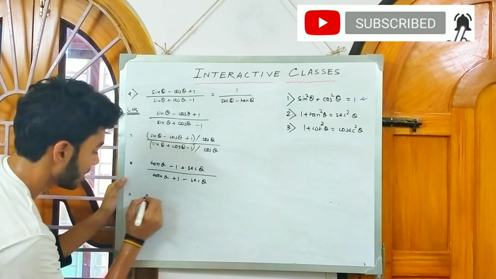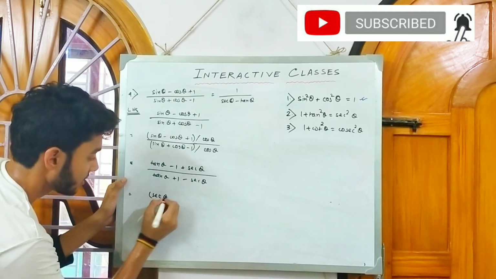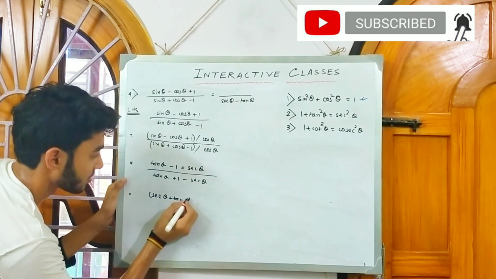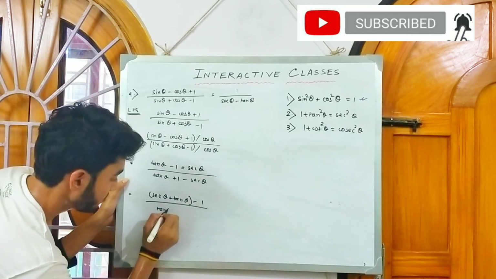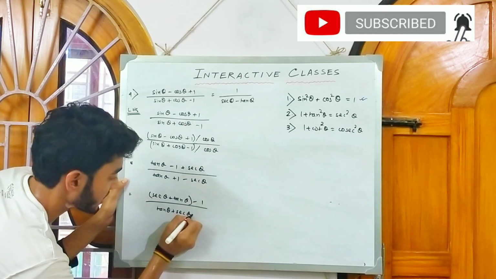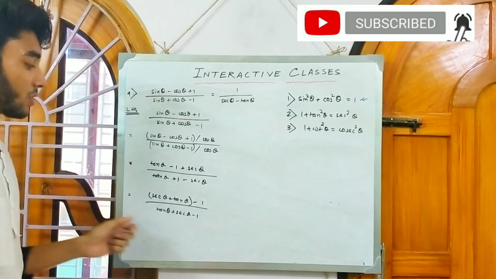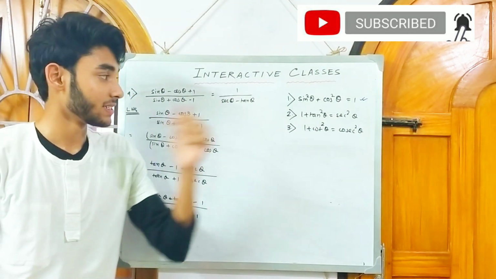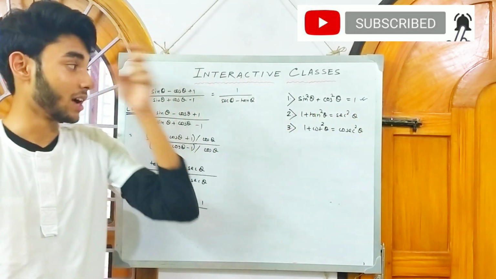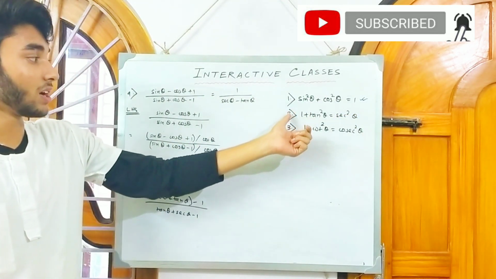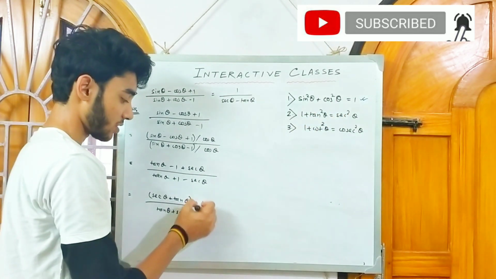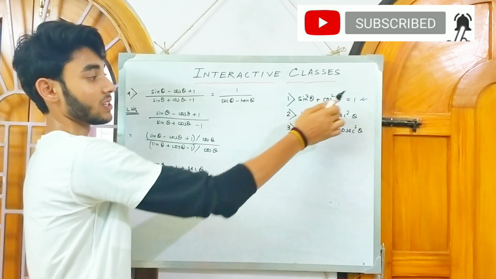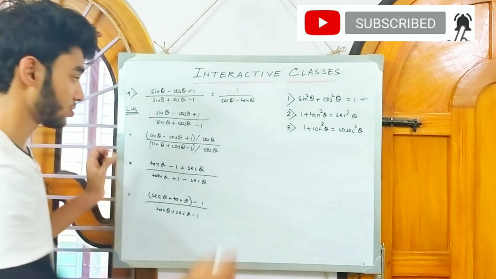Now let us write it as (tan theta plus sec theta minus 1) by (tan theta plus sec theta minus 1) separated appropriately. Now this 1 can be written as sec square theta minus tan square theta. How? In the formula it is given 1 plus tan square theta equals sec square theta. Now this 1 can be changed into sec square theta minus tan square theta.